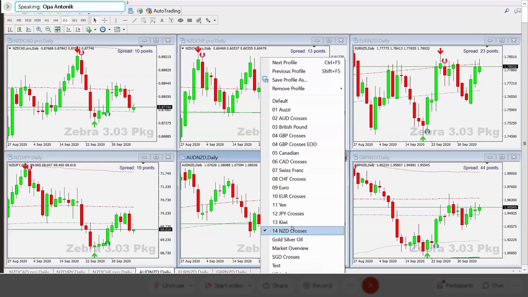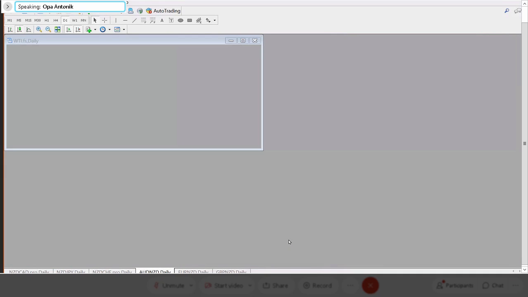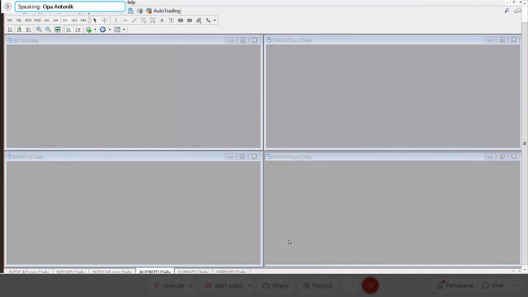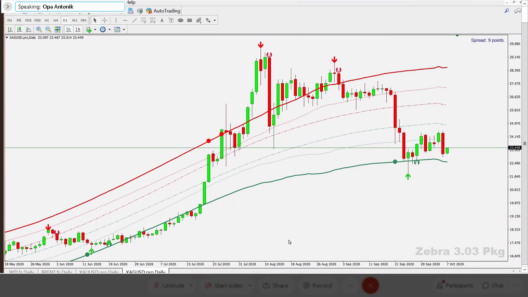All right, so now that we've finished looking at the major currencies, let's take a quick look at gold, silver, and oil. Okay. Now, why look at gold, silver, and oil? Well, if your platform allows it, you can actually trade gold, silver, and oil on a CFD type of trade. But one of the other reasons that I look at gold, silver, and oil is because there are many people